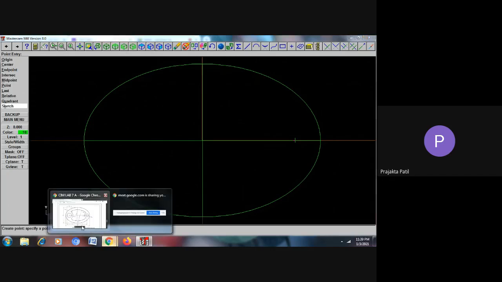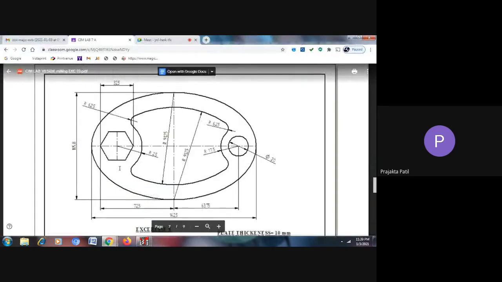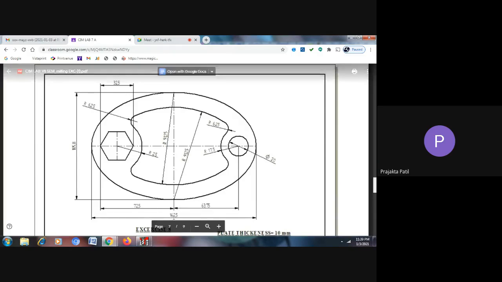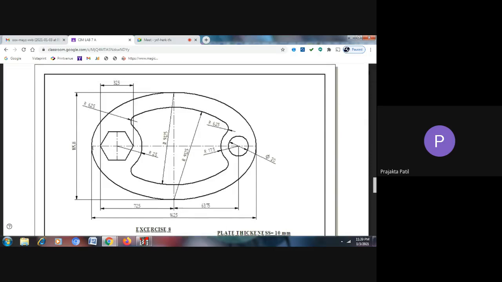So moving on to the next, we have to place this hexagon. Do I know the sides of this hexagon? No, I cannot see the dimensions given anywhere here. So what I need to do is find the center of this. I know half of 162.5 is 81.25. So I have 81.25 minus 72.5. It gives me 8.75. That means this gap here, this distance here is 8.75. But what I want is this point.